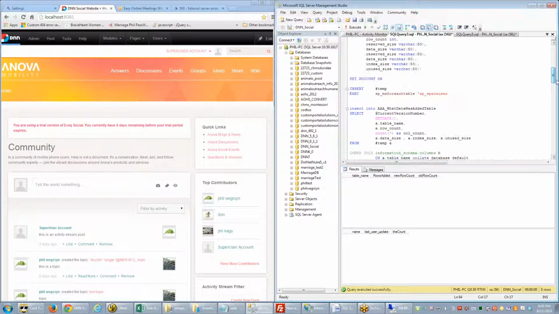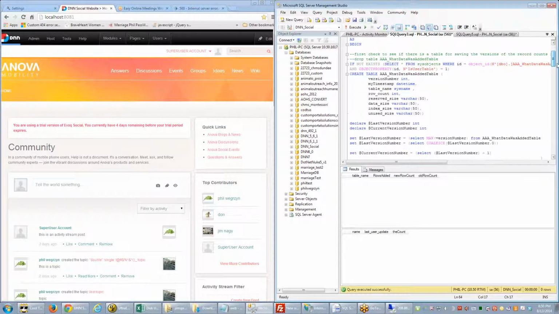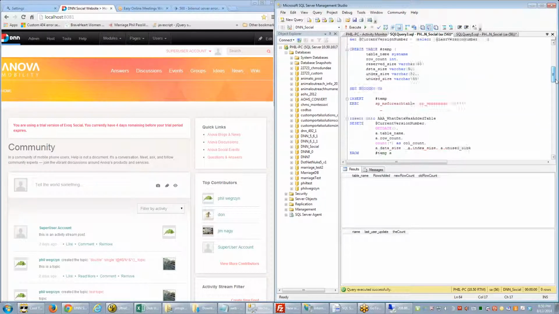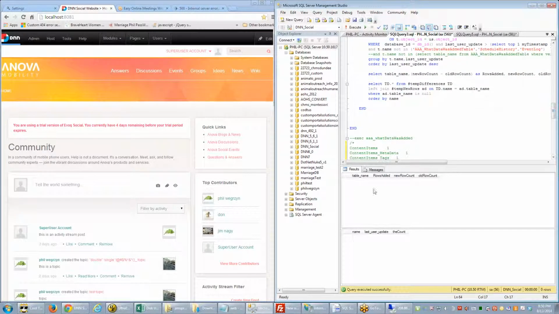So basically, this script is pretty small, but it creates a table, and then when you run it, it basically tells you from the last time you ran it what tables have had rows changed, either added or removed, and which tables have at least been touched with an update statement. Now, that update statement may not have actually done anything, but you at least know what it's potentially attempting to